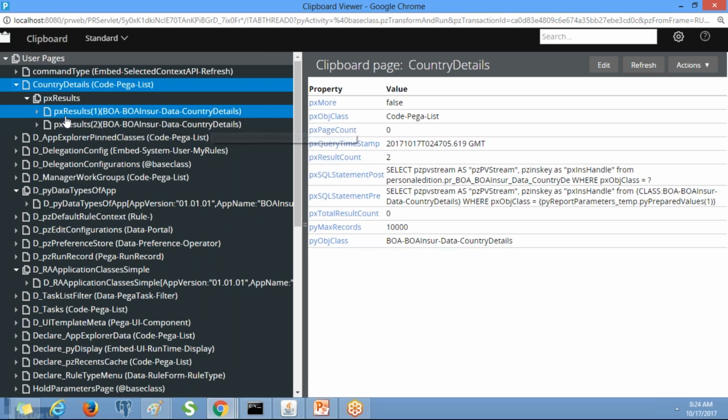PX results is a page list property here. So in order to access the data which is there in the data class, first we need to go to country details, then PX results, right? It is a main door and it is a sub door. If you want to enter into the sub door, first you need to open the main door.